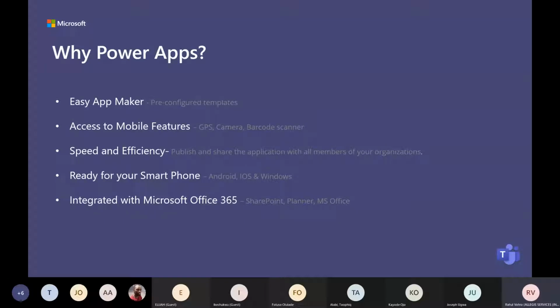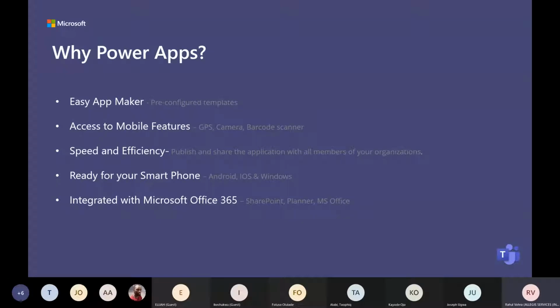So we've got a lot of plugins available which can be readily used out of the box for customization, etc. Similarly, we can make use of GPS and barcode scanner plugins available within Power Apps.